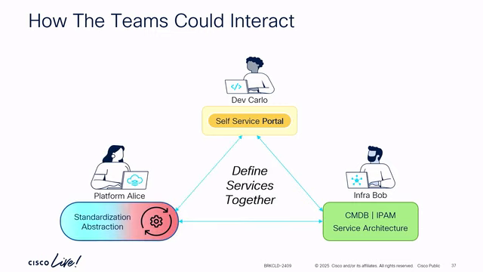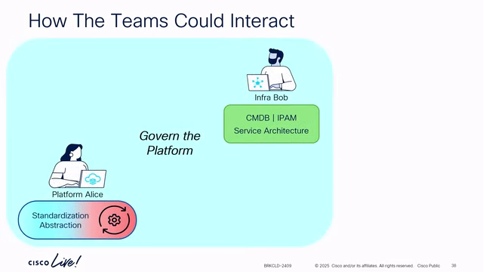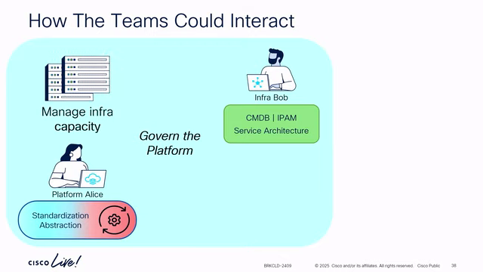And this is where our platform allies, our platform team is coming to the rescue to pacify a bit between them, to help them work together, defining services, abstracting everything possible from the developer, and making everybody happy. The goal here is that together, the platform team and the infra team, obviously together, because the platform team needs the experts, and the infra experts need the platform team in order to make it easy to consume, will govern the platform. They will take care of managing the capacity, managing the architecture, etc.